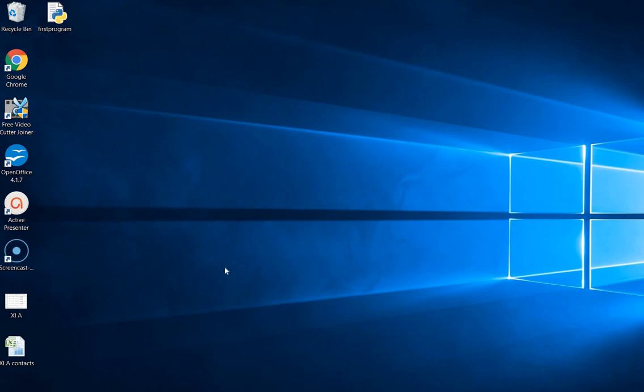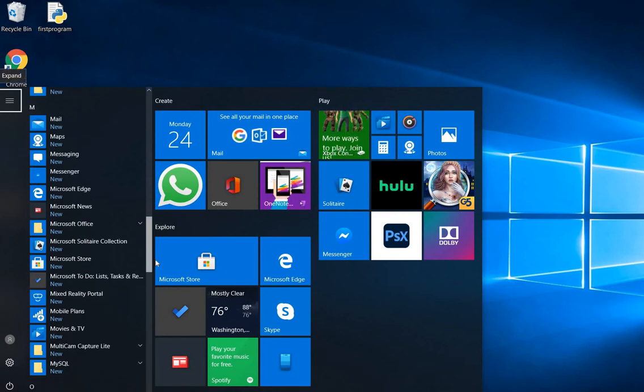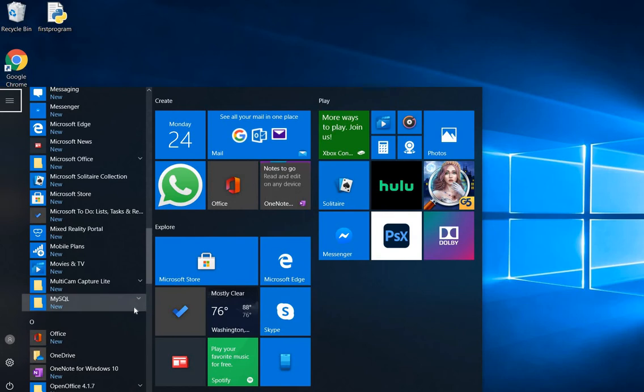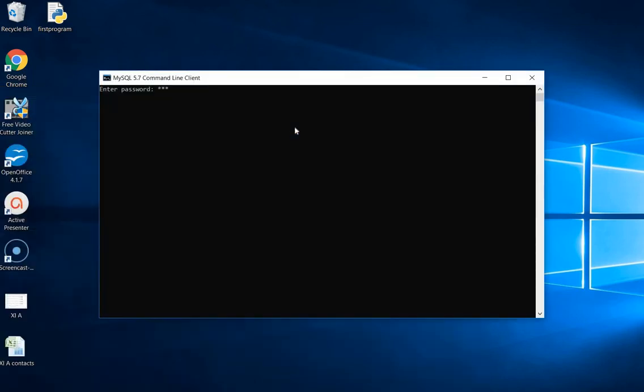In this video we are going to revise our basics of creating a database and table in MySQL. So first of all we will open MySQL and open the command line. After that we are going to enter our password. As per the installation the password may be different, but as usual we have given the password admin.